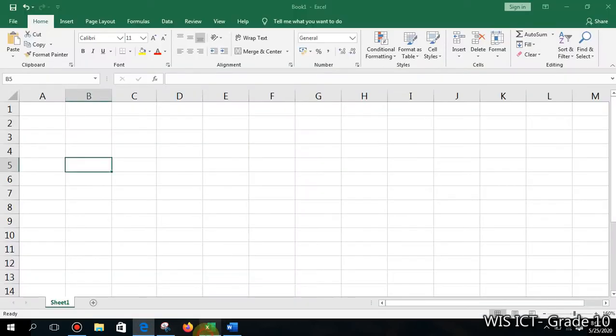We'll open and see. This is Microsoft Excel 2016 version, children. So after you start, it will look like this, and some ribbons, some commands you have experience with in Microsoft Word. For example, font size, bold, italic, underline, fill color, font color, copy. There are a lot of similarities.